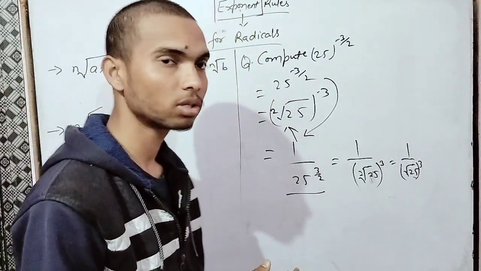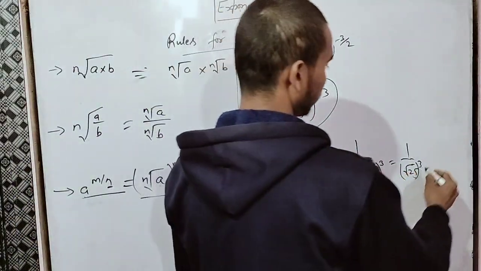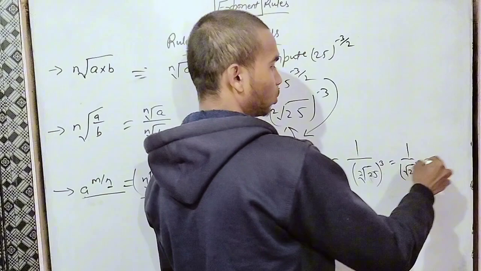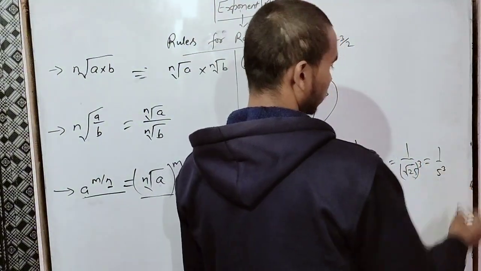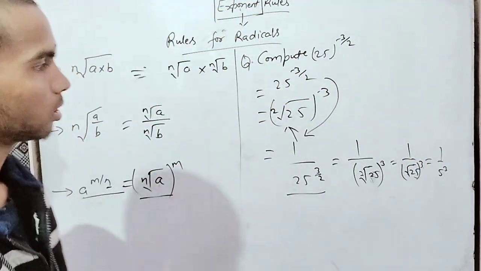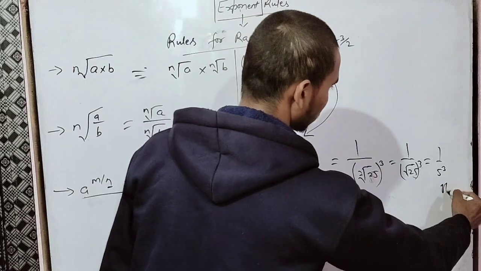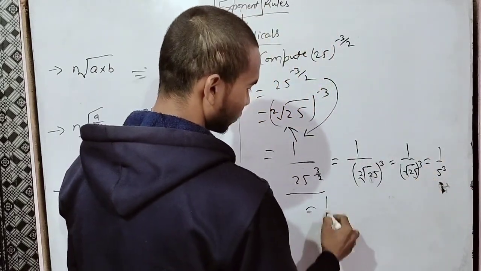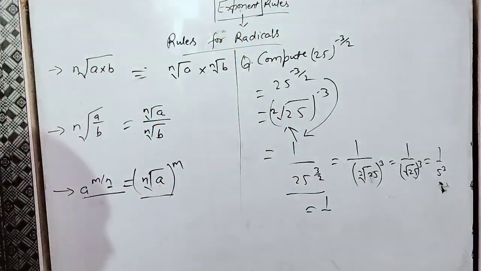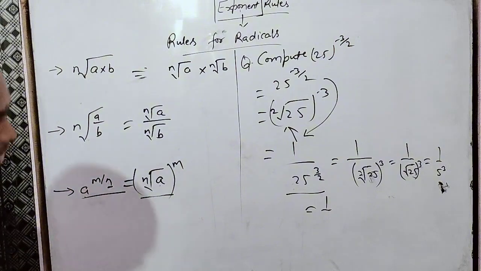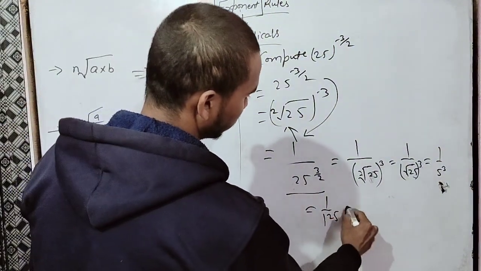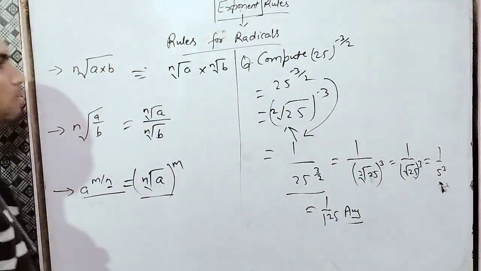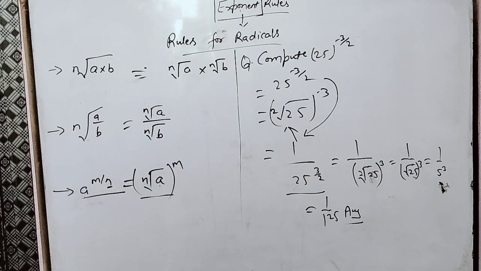So what is the base? Here we are removing the root, then we will write 5. Clear? And it can also be written as 1 by 5 times 25. 5 times 25 is 125. Clear? 5 times 25 and 25 is